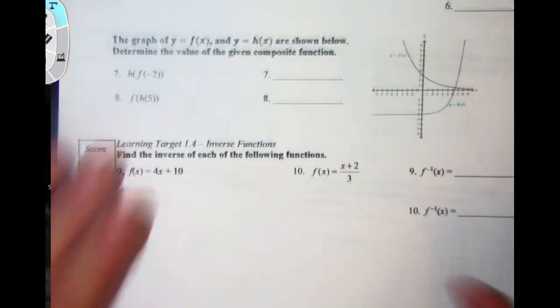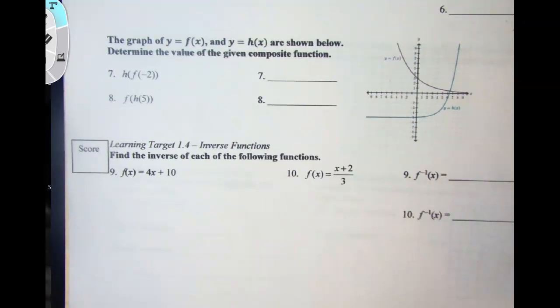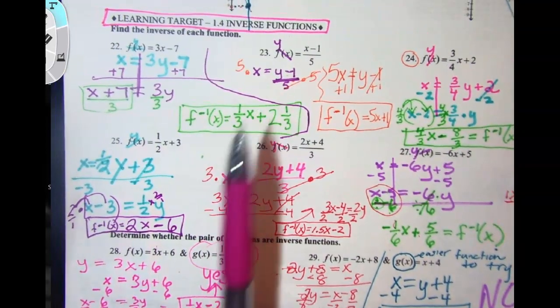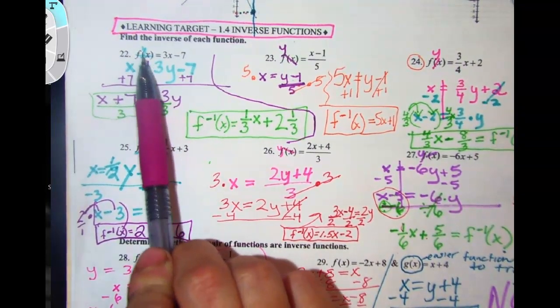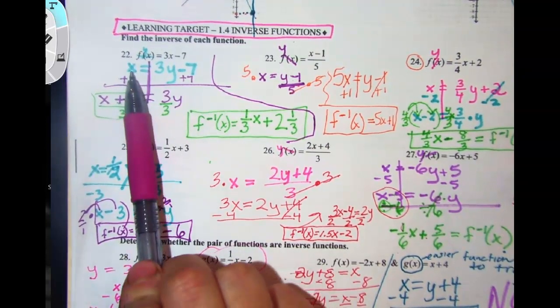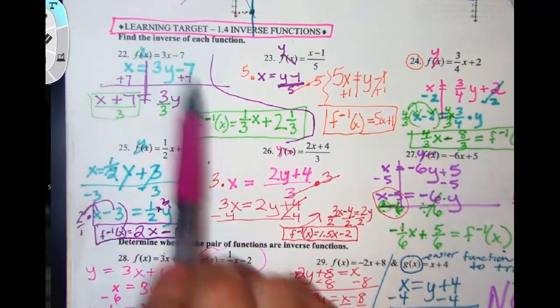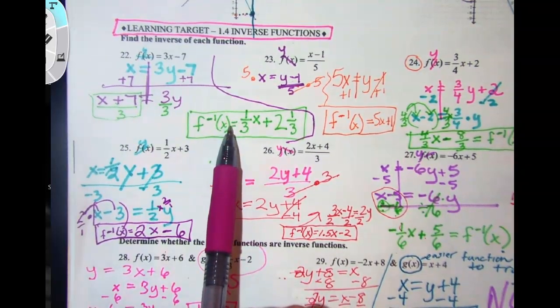All right, so we should now be at our learning target 1.4, inverse functions. So as you recall with inverse functions, there were a couple rules. First, we need to make sure that we are changing our f of x or g of x or whatever it is to a y, and then we switch the x and the y. So now it becomes, for this one, x equals, and where you see the y, you plug it in. So then we end up having to solve, and we get either a new simplified function, just reduced down,